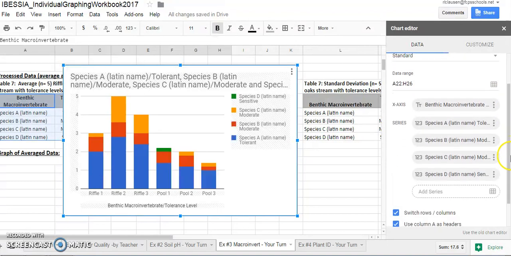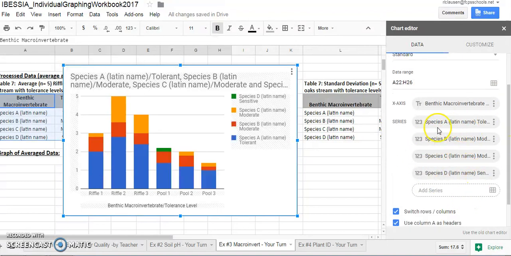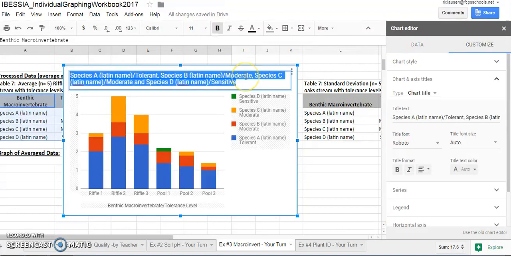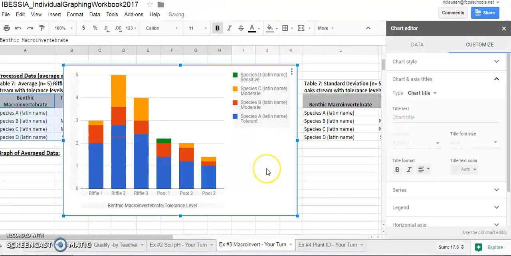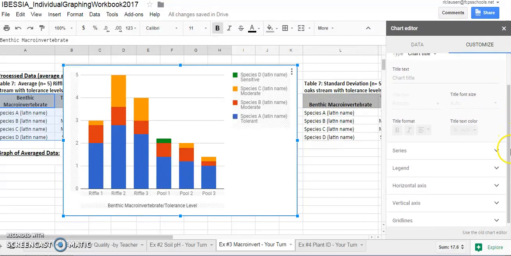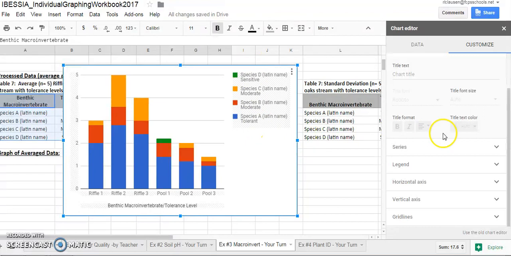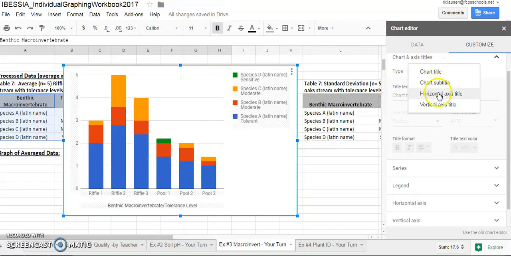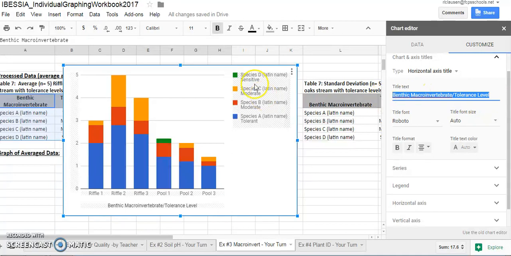If for some reason we had extra things in our series, we can switch. We could switch rows and columns if things were actually messed up for our IV and DV. Remember, we don't like usually having the title right there. It's really overwhelming, so we'll delete it. And in customize, this time we really need our legend because we have a lot of different species that we're interested in. We need to, under axis title, go to horizontal axis. Right now it says benthic macroinvertebrates, but actually that's what our legend has. We actually need locations at Hidden Oaks,